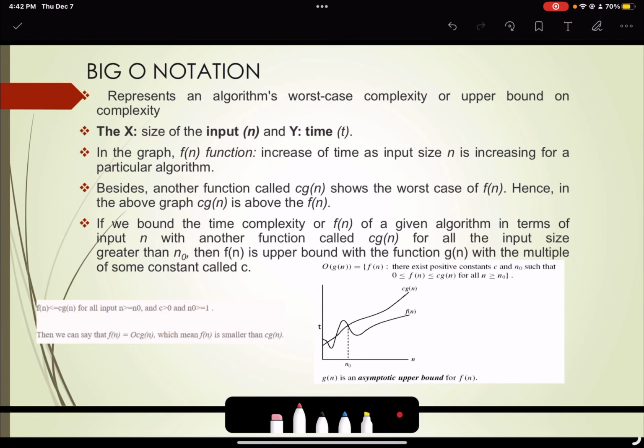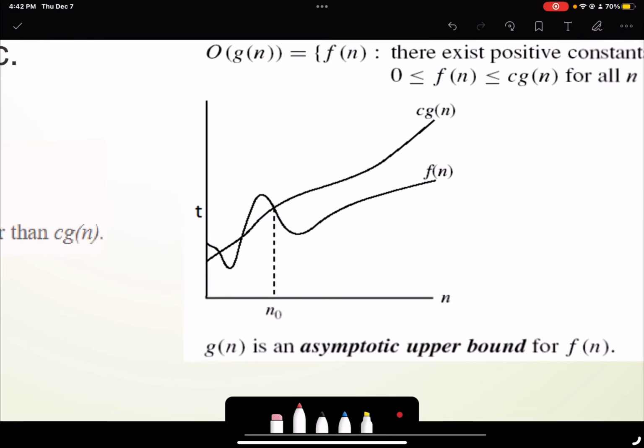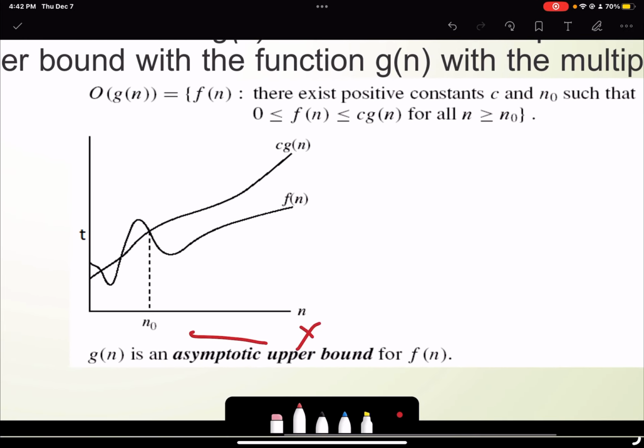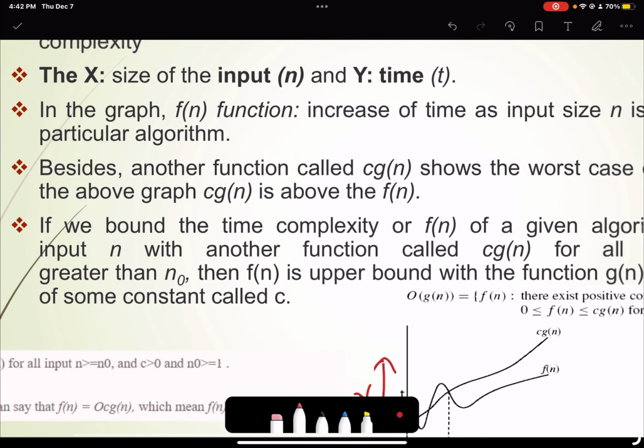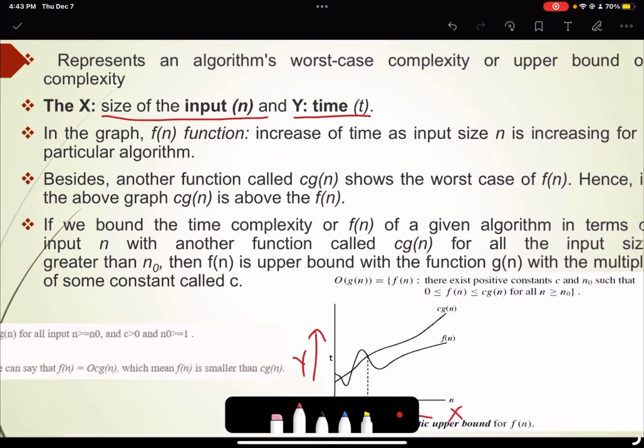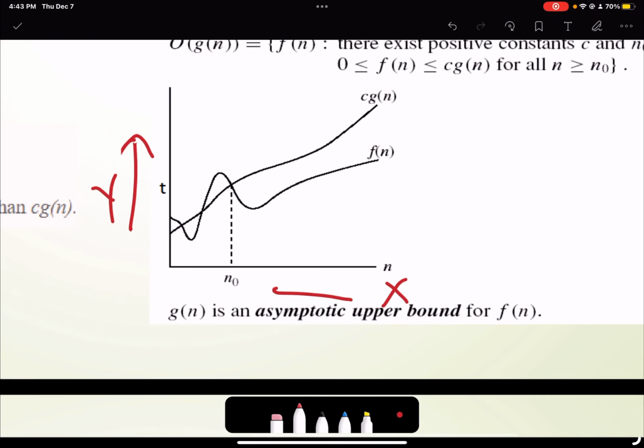We have studied the upper bound, lower bound, and tighter bound asymptotic notations. This is a graphical representation, and here we have the x-axis and the y-axis. On the y-axis you have time, and on the x-axis is the size of the input. Your complexity increases with the size of the input for a given function n, and this is your big O